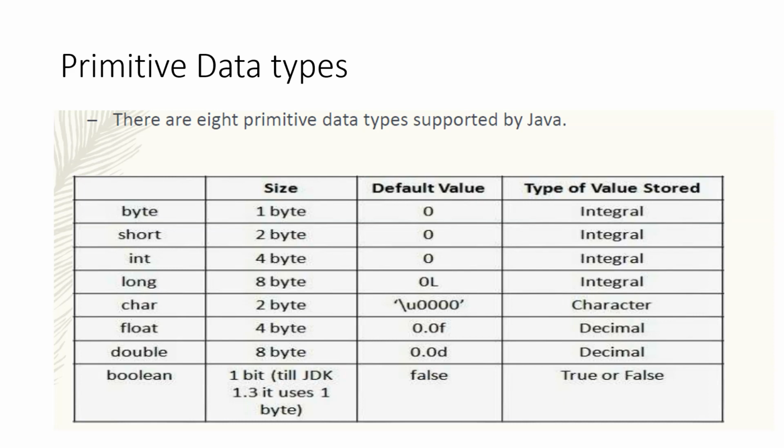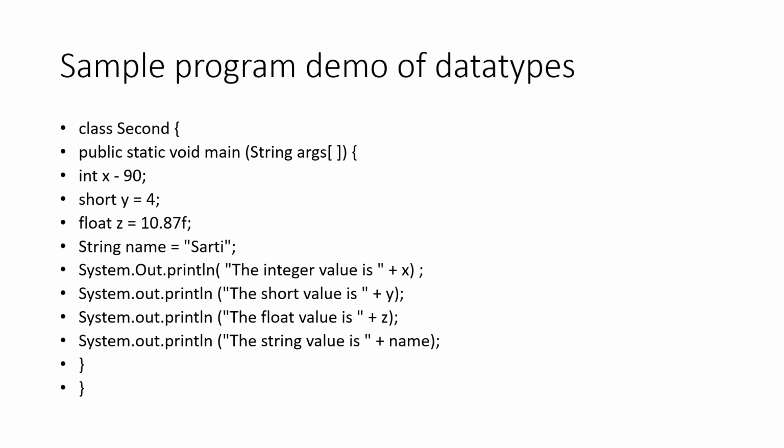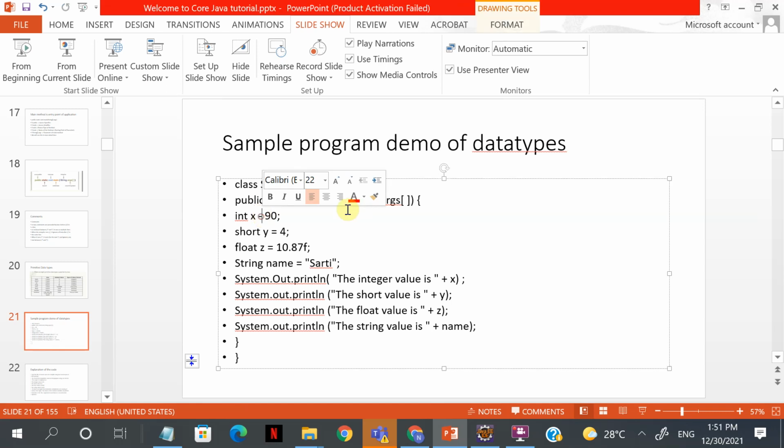So now let's look at this program here. In this second program, what is happening is we are having a class with a main method, and see the first line, int x. There is a problem in this line. We say int x equal to 90. So if you see int x equal to 90, short y equal to 4,